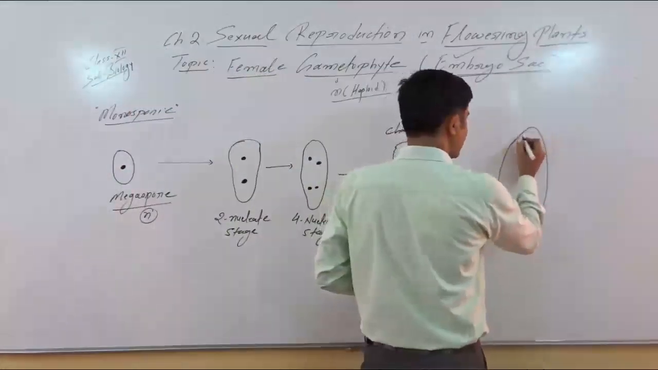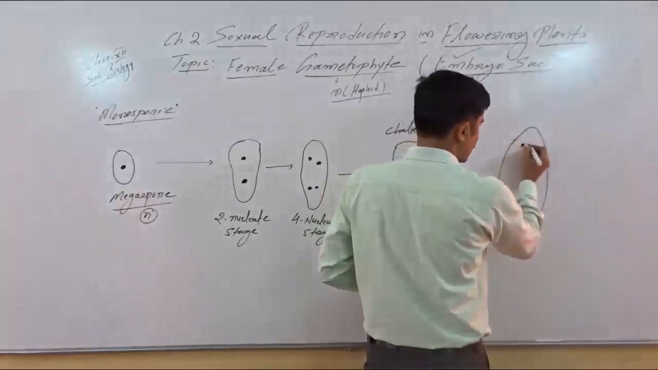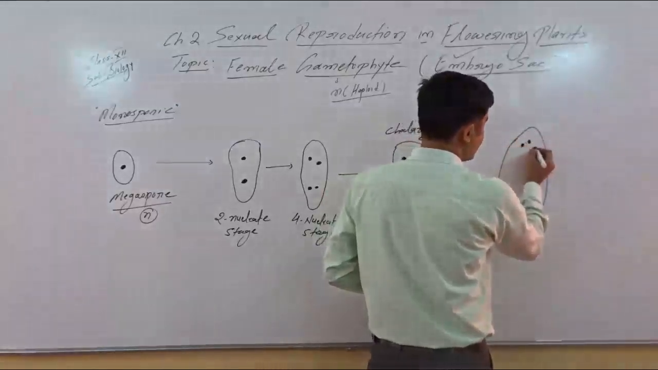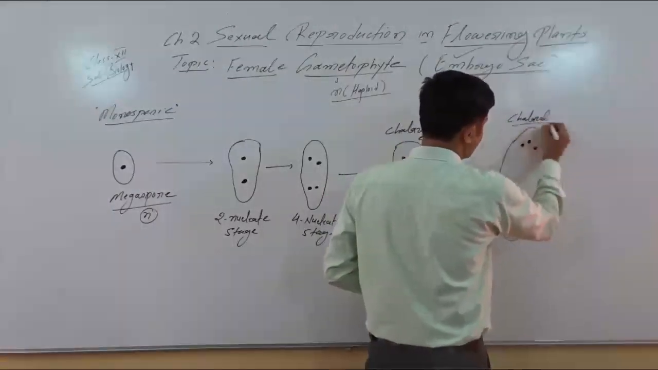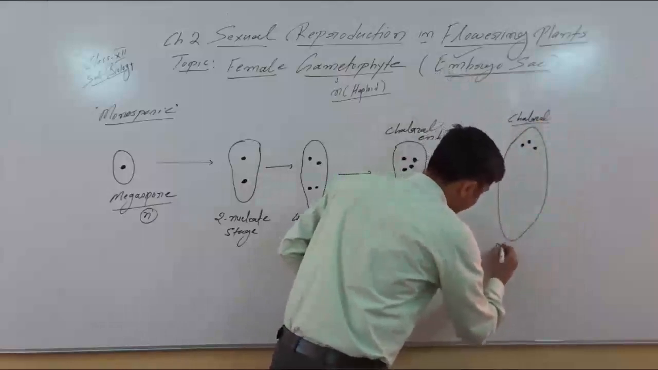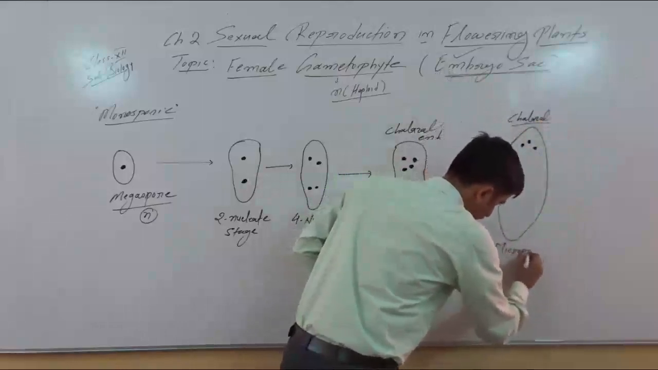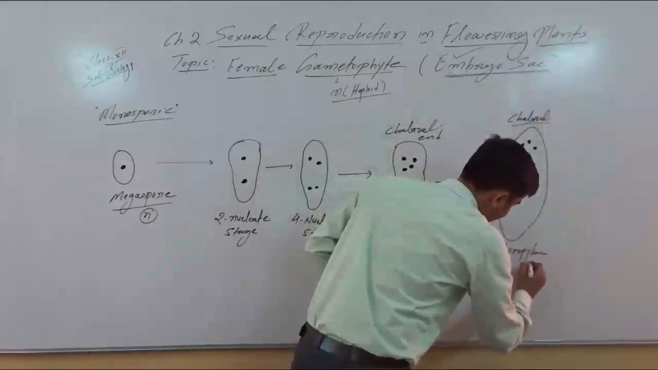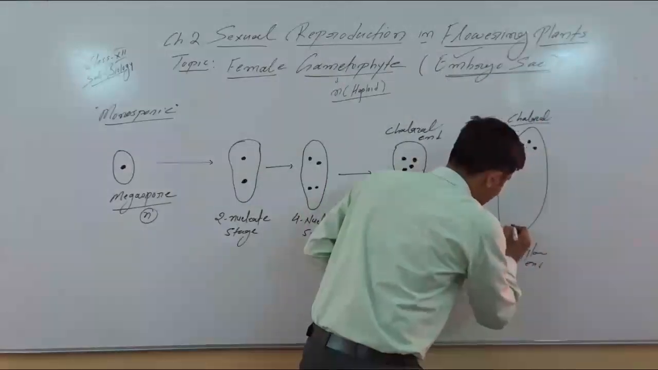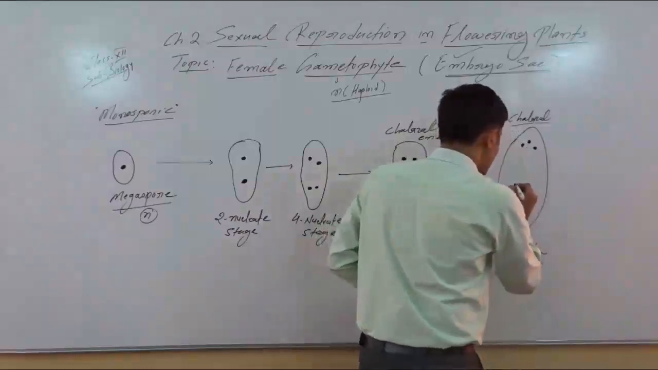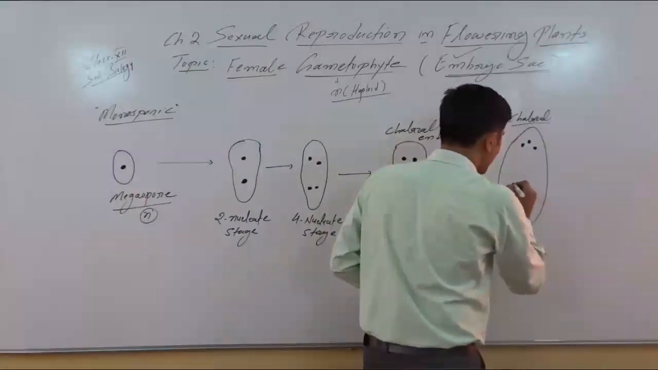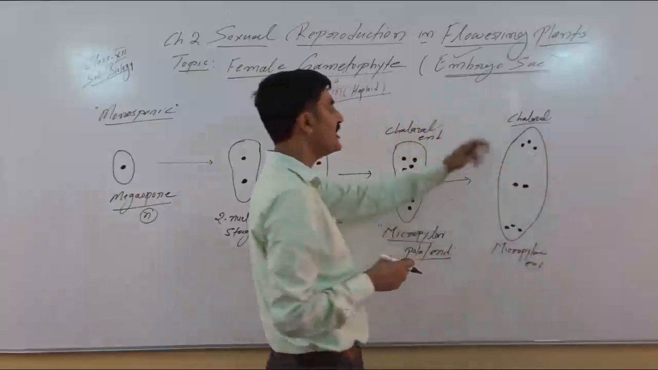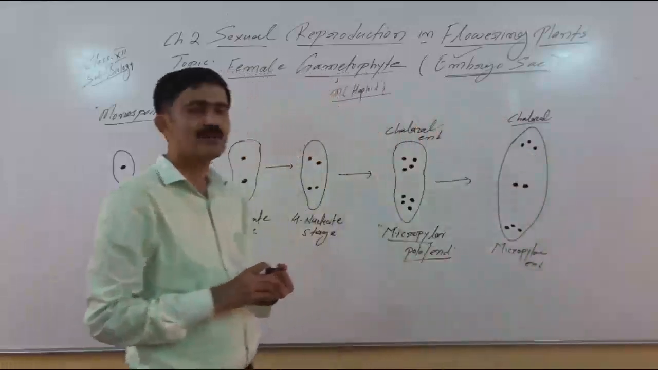3 cells migrate, 3 nucleus migrate toward the chalazal part, and 3 nucleus migrate toward the micropylar end. 2 nucleus remain in the center. Now very interesting point, 2 nucleus from each pole migrate to the central part of the